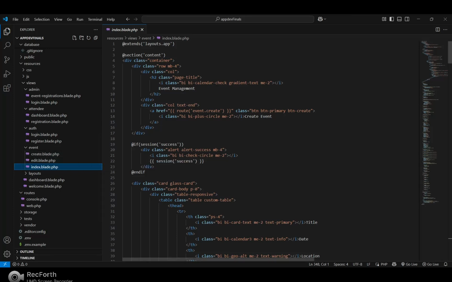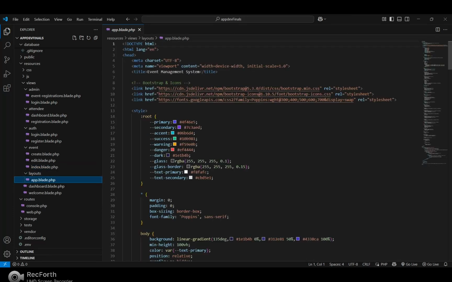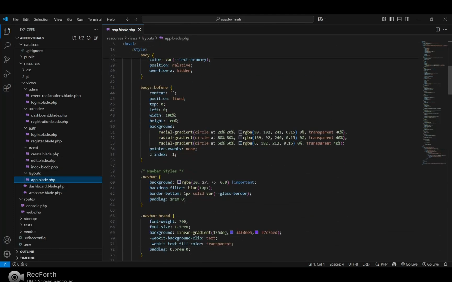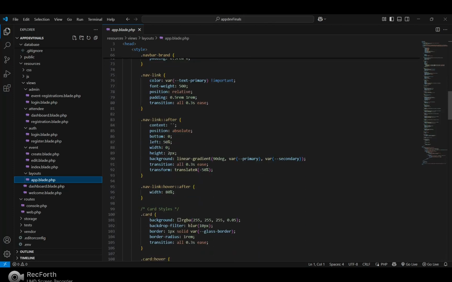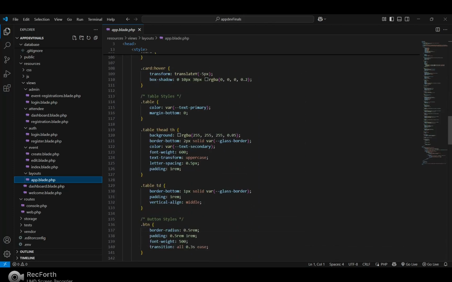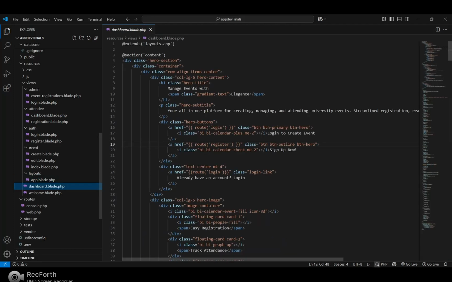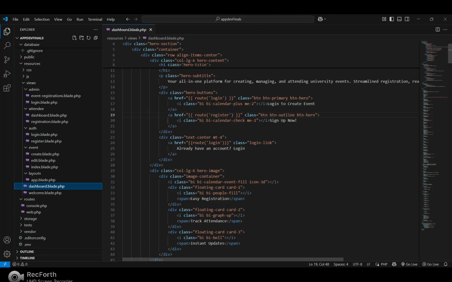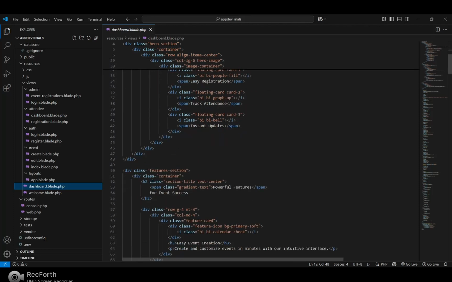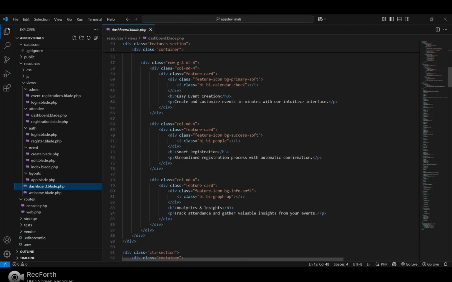By the way, the create, edit, and index views use layouts. So I'll show you the layout I've been using for the create, edit, and index blades. Last is the dashboard, which also uses the layouts app.